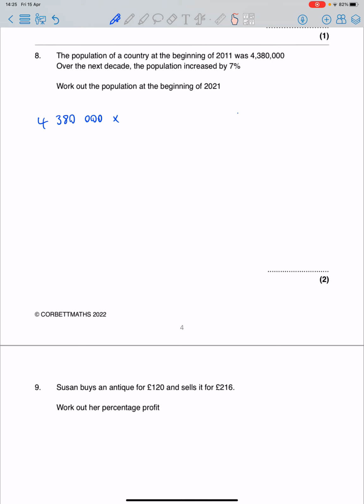Well, that is the same thing as multiplying by 1.07. That's our multiplier. So 4,380,000 times 1.07. And that will give us this number here,